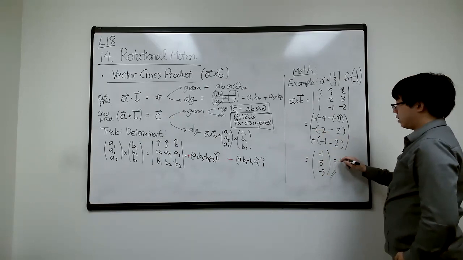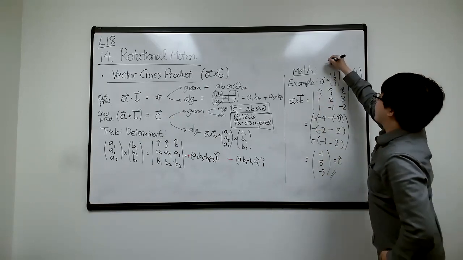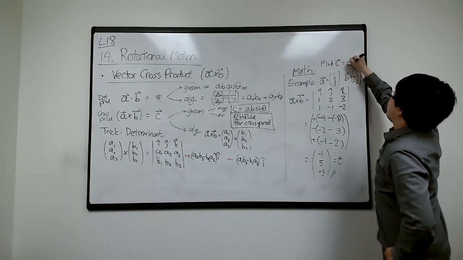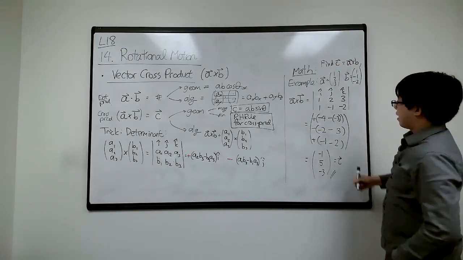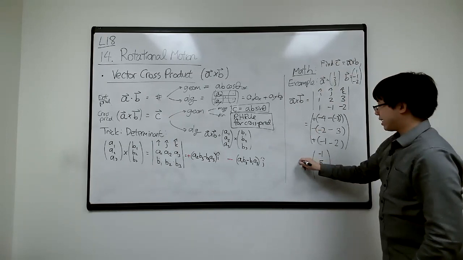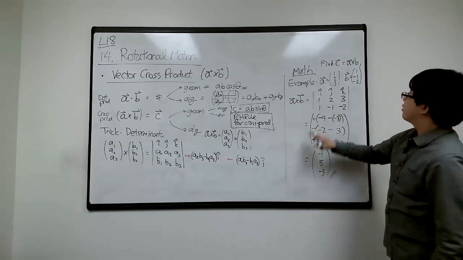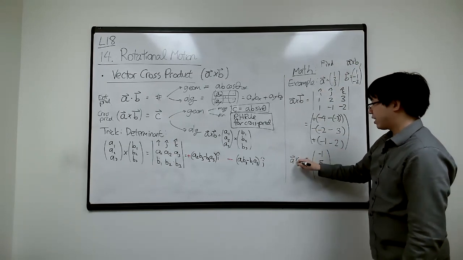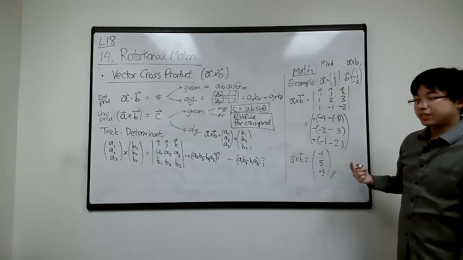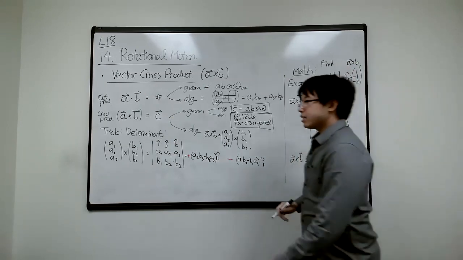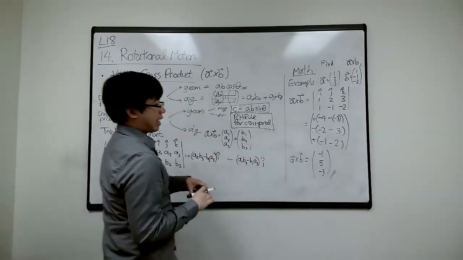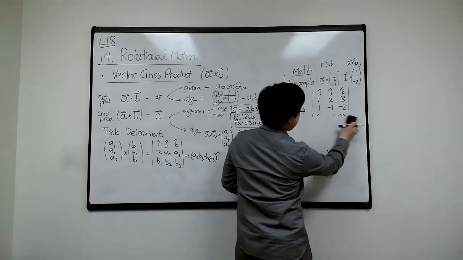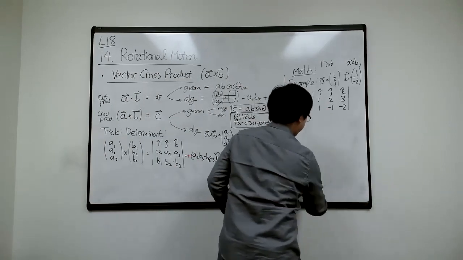Okay, so if the question says, hey, find C, if C is A cross B, then I'm going to say, hey, this is C. Or if the question doesn't have C, it just says find A cross B, then you give the answer in whatever variables the question is giving. With some practice, this is sort of where you'll get to. Just to be clear, for completeness of the video,